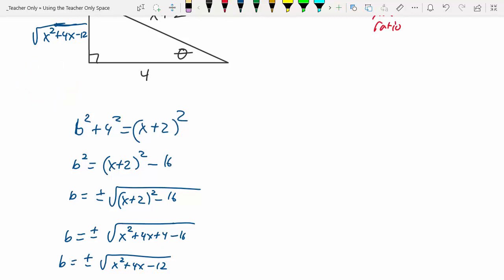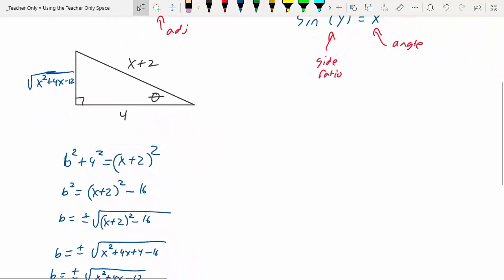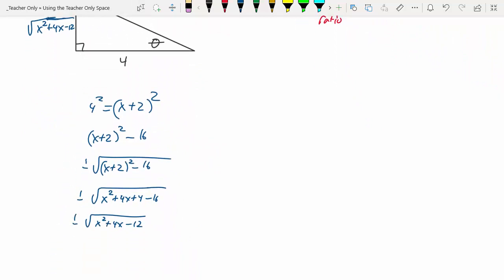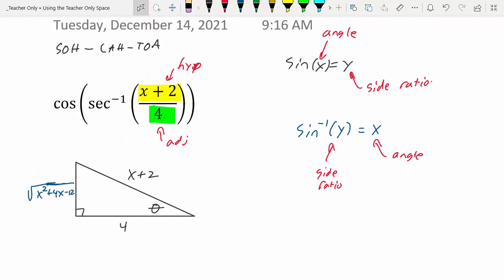So the plus or minus can be evaluated at the end when we figure out what quadrant we're in. So let's move this out of the way so we have a little bit of space. Fantastic. Now, moving right along,